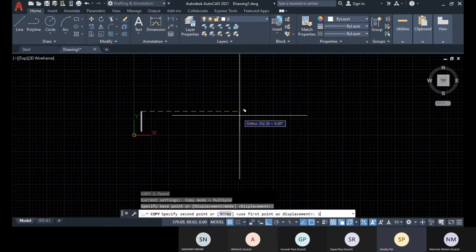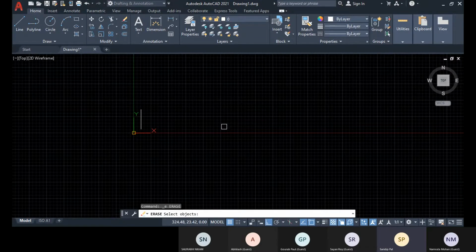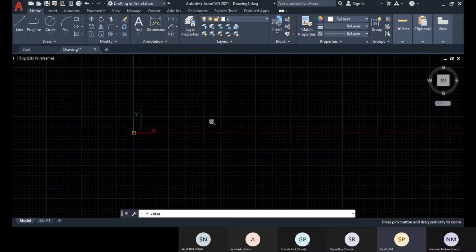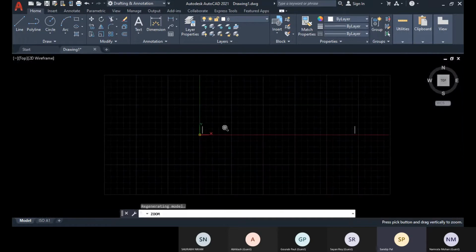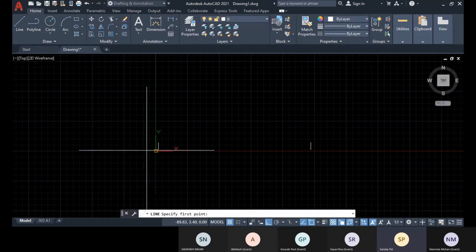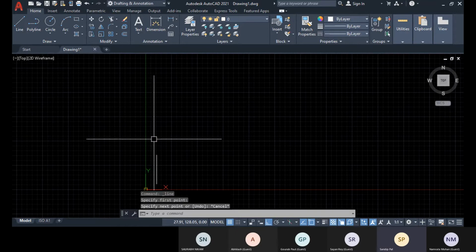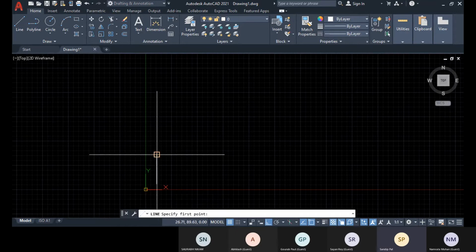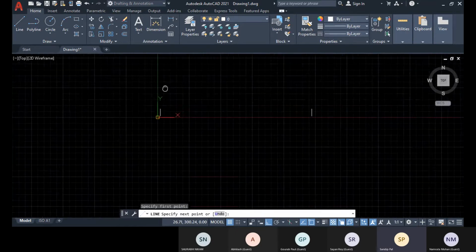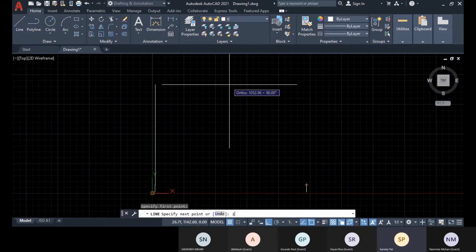like 1500. So right click and zoom out. Again, one another line from this end. I'll create one line in this end. That will be, this length will be the same, like 1500.